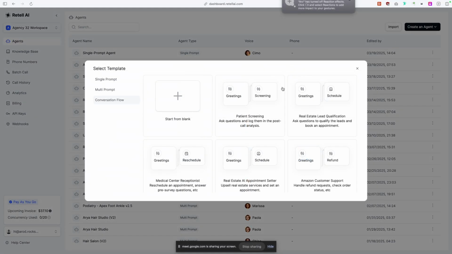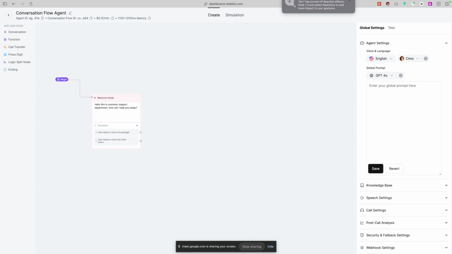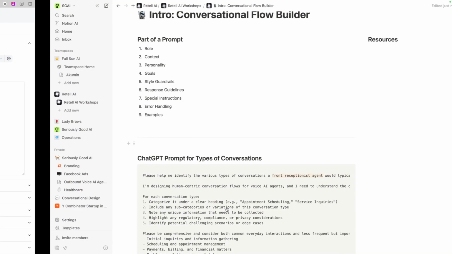Conversational flow agent here, and then we're just going to start from blank. There's a couple of people here that are pretty advanced with it, or you feel very confident with it. Obviously, I'm going to take it from the very beginning, so hopefully you learn something new as we go along. So on the Notion document, and you should have access to it, I put here,